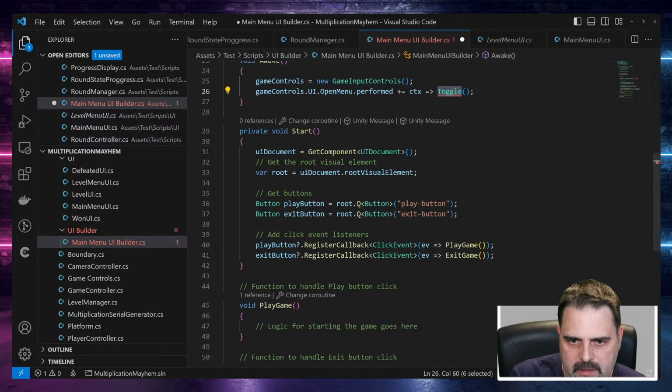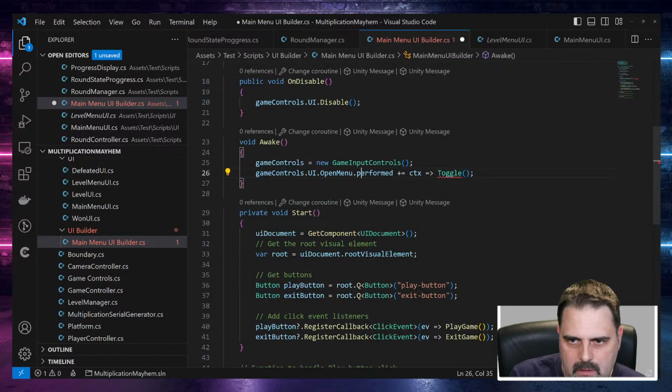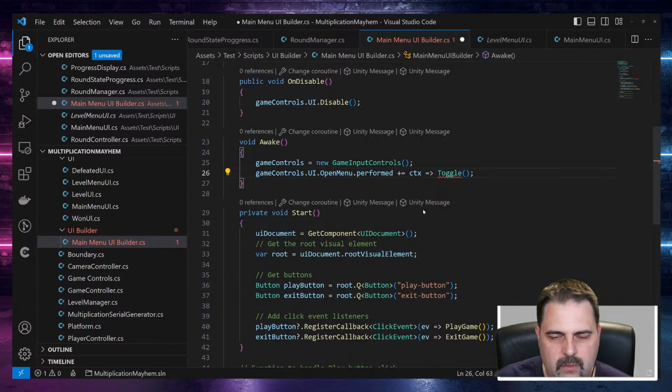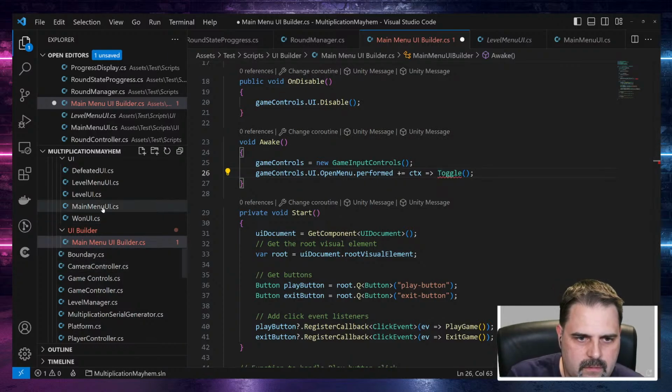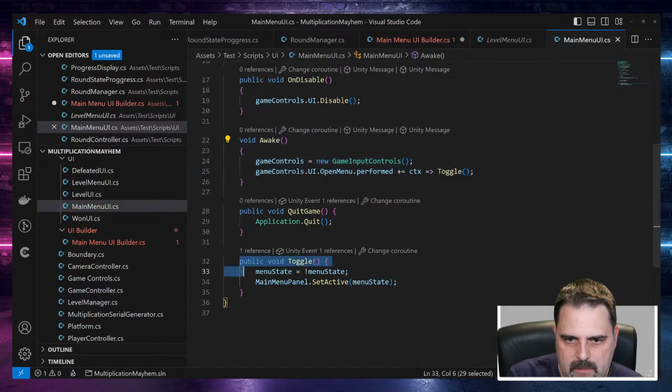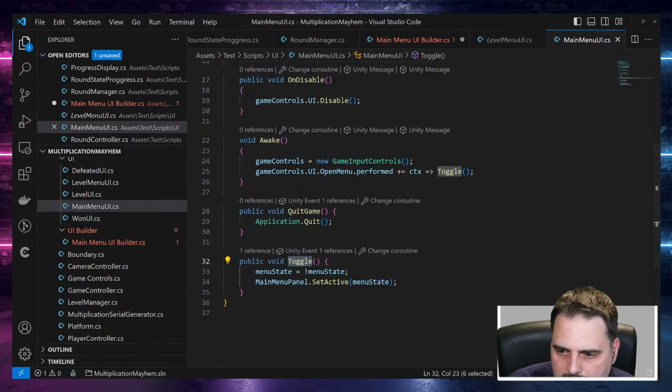Okay, maybe I don't need this, because it's toggling the menu. But I actually need that, because I have to hide or show the menu. Yeah, that's the one. But instead of this, okay,